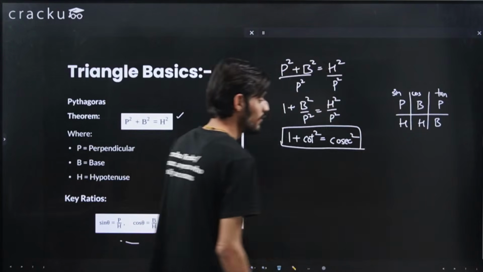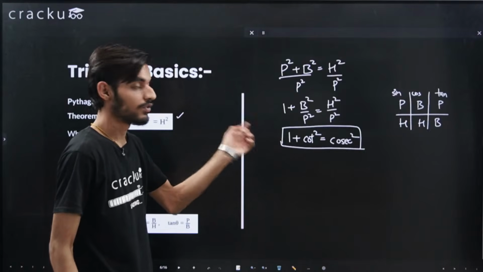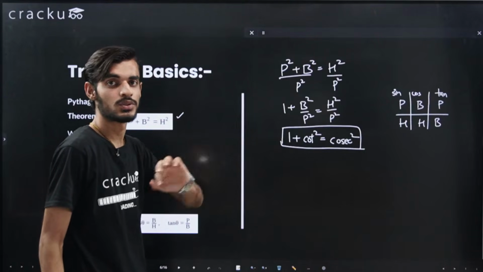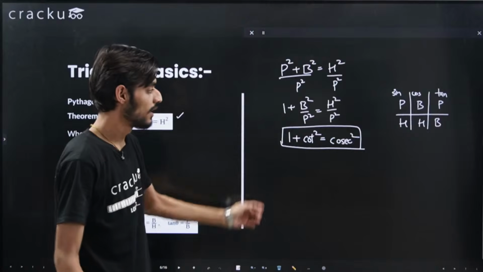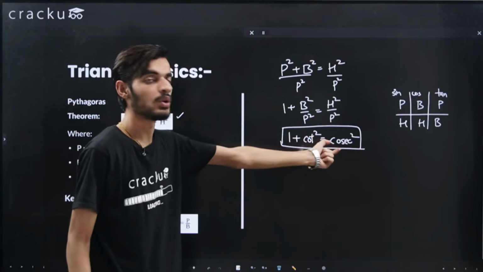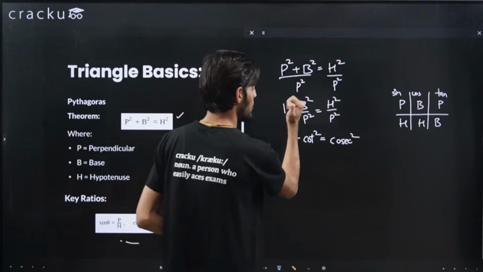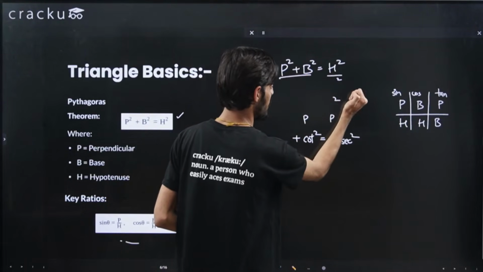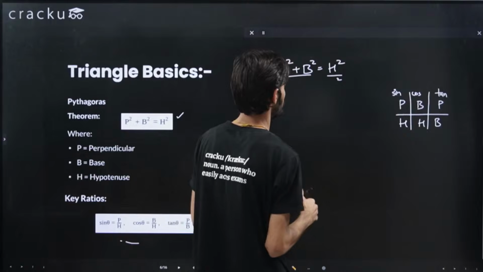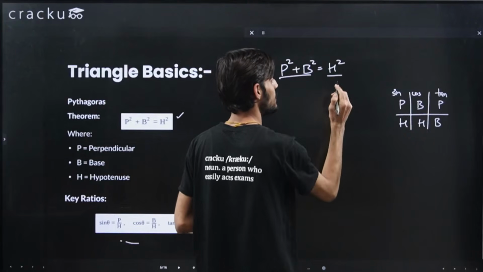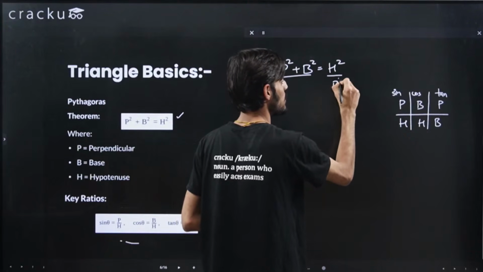Because this is also very commonly used. Okay, so first was sin square theta plus cos square theta is equal to 1, theta or maybe any angle, and this is 1 plus cot square theta is equal to cosec square theta. I think this should also be clear. And the last result would be, I can just divide by b square. Okay, these are the three important results from this slide.